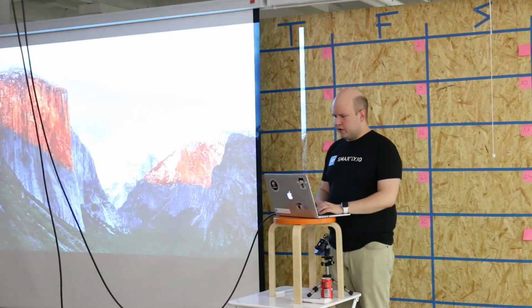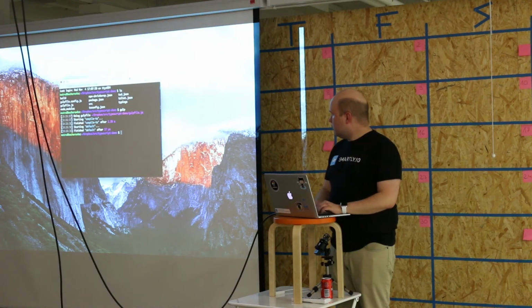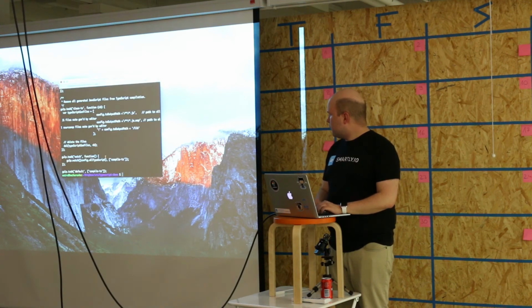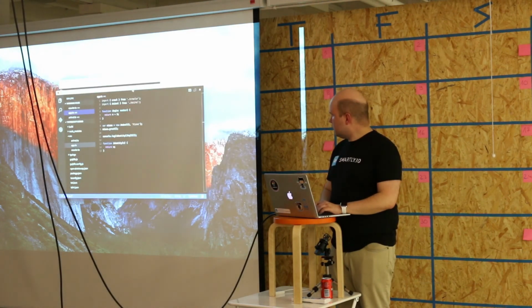So I can do just a quick demo of how it actually works. Basically, I have a pretty simple project, let me open the editor. Cool.